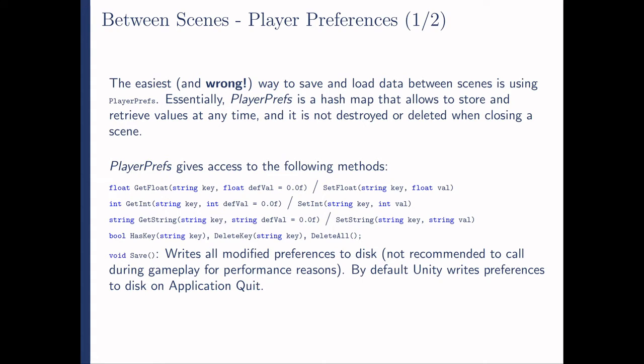When you move from one scene, let's say level 1 of your game to level 2 of your game, and you're going to continue carrying data from one to another, how do you actually load it? Well, there is this thing called PlayerPrefs, which essentially is a hash map that Unity holds that allows you to store data, and those are always available. At any point in the game, you can access this PlayerPrefs hash map and load data